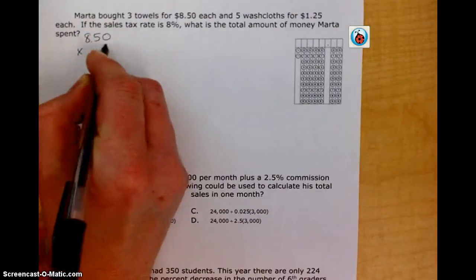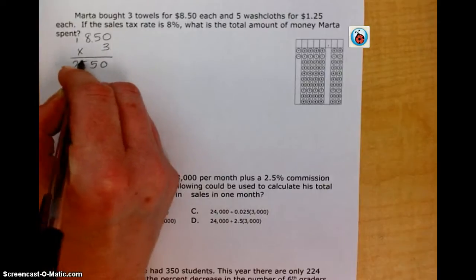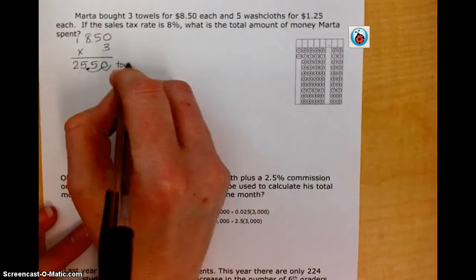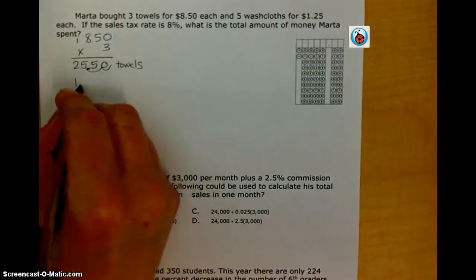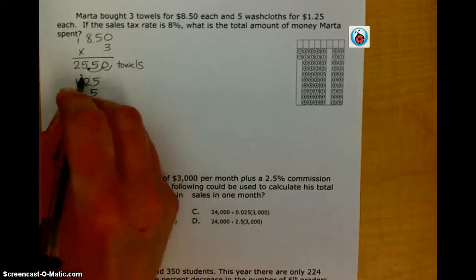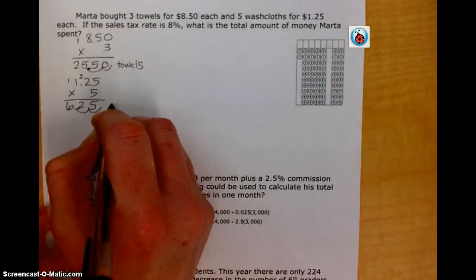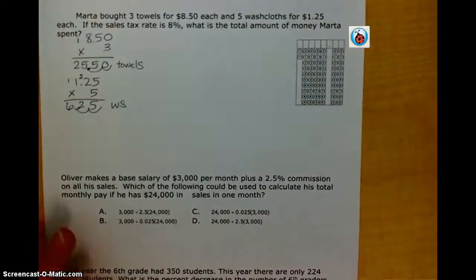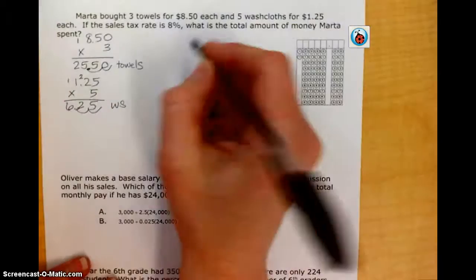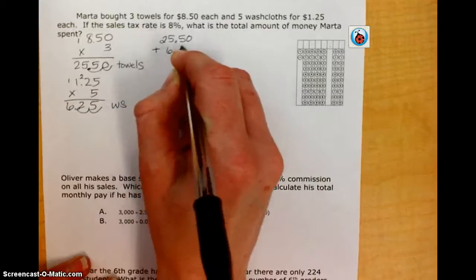$8.50 times 3. She spent $25.50 on towels. $1.25 times 5 washcloths means she spent $6.25 on washcloths. Sales tax is based on the total of your purchase, so we'll take $25.50 plus $6.25,